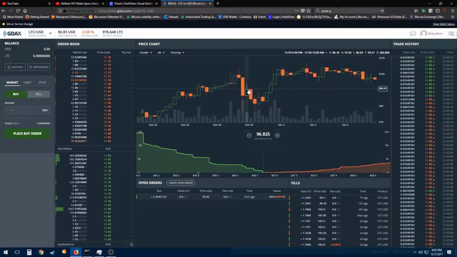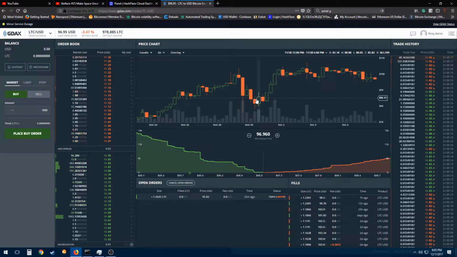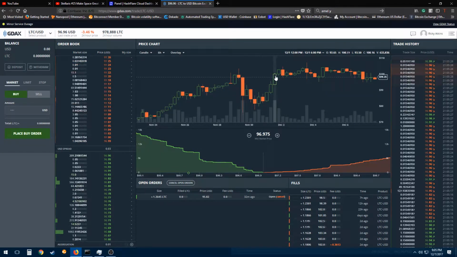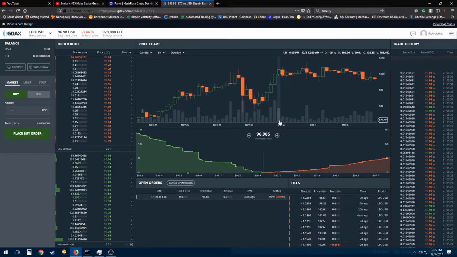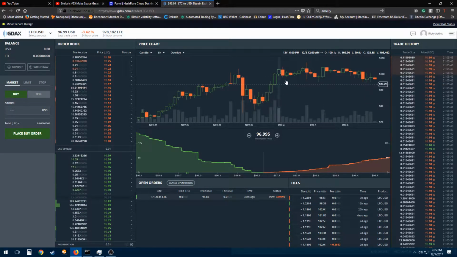If you would have bought here, held it for just a couple hours. Actually, this is probably more like a 4-hour span since we're on a 6-hour time scale. Or, no, that's even more. That's probably like November 30th to December 2nd. That's like a couple day time span. You see that move uptrend there? If you'd have sold here, even if you got to hold for a couple days, which ain't gonna be that long,